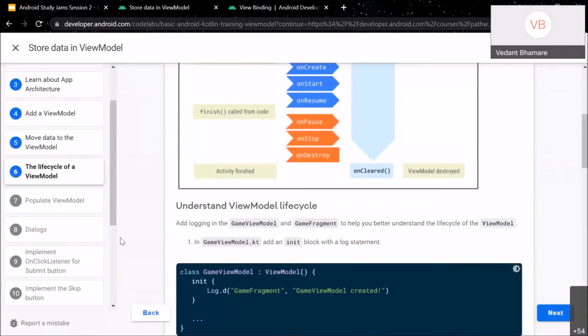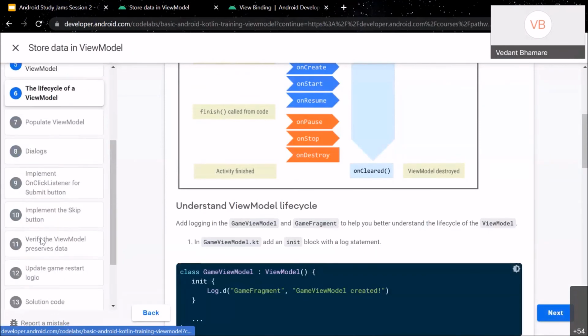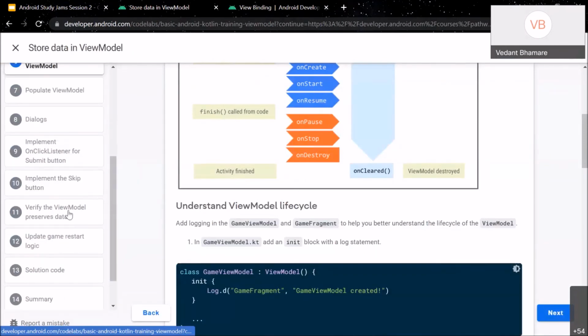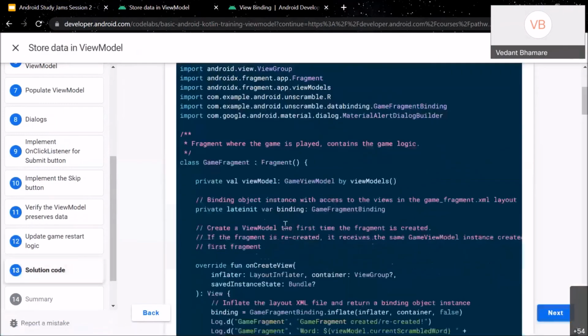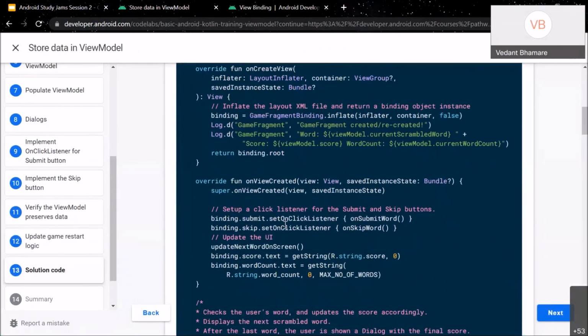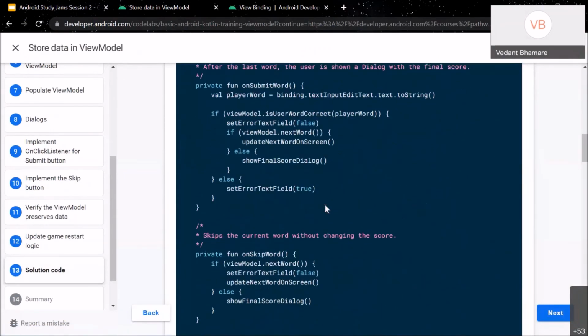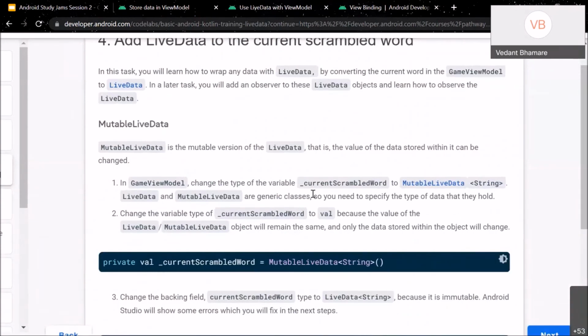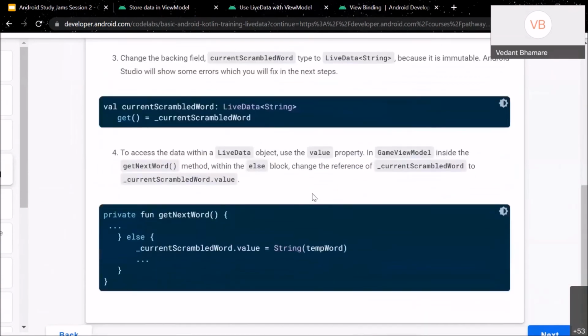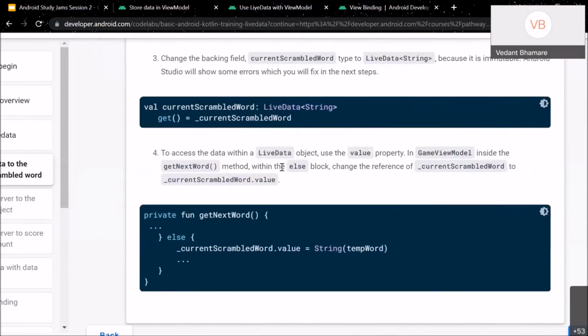I'll give an example where it is used and how it was used. So here, the solution code of this final code lab. Your current scramble word. What they have said basically is